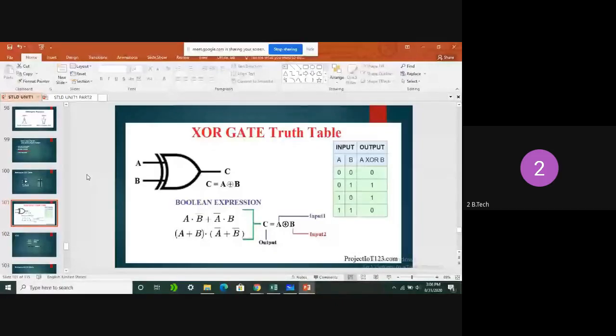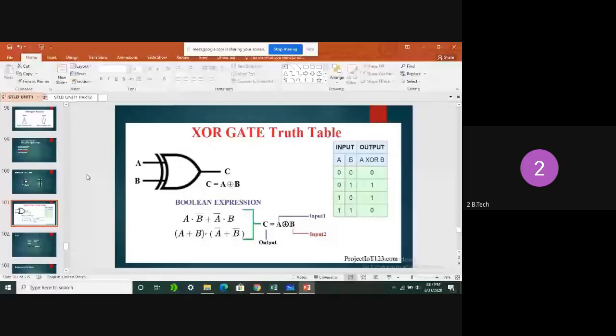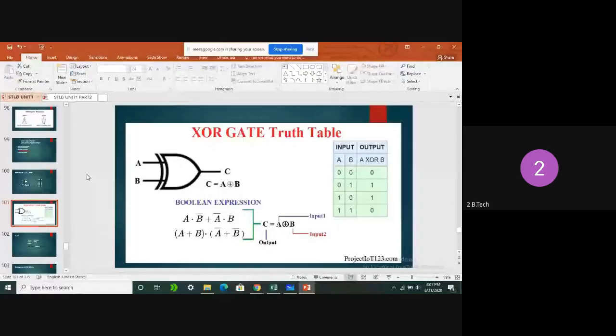So far we have seen 4 types of logic gates. What are they? NOT gate, AND gate, OR gate, and NAND gate. By the next session we can see the remaining logic gates presented in Boolean algebra. Thereafter, the different formulas, laws and properties belonging to Boolean algebra we can see in the next session.